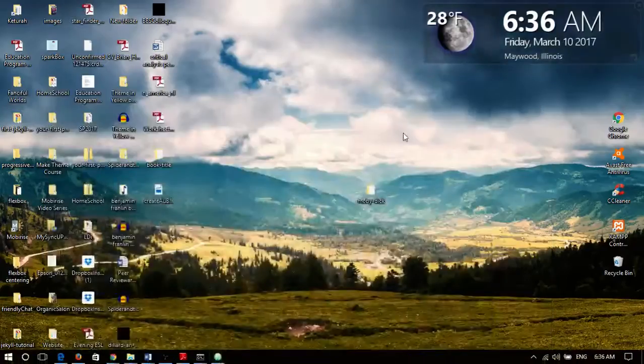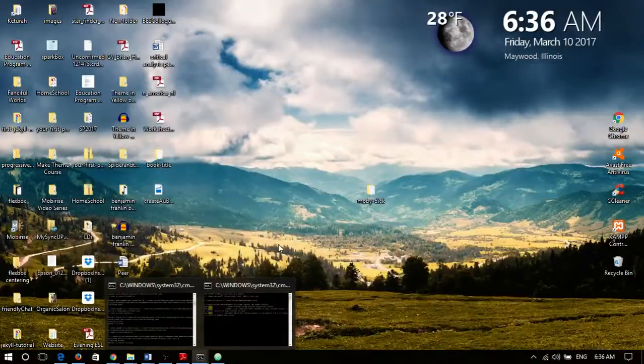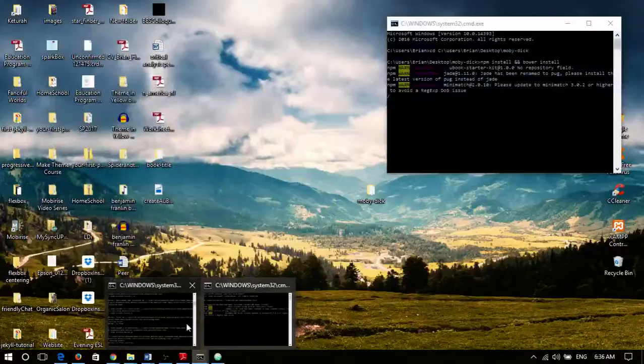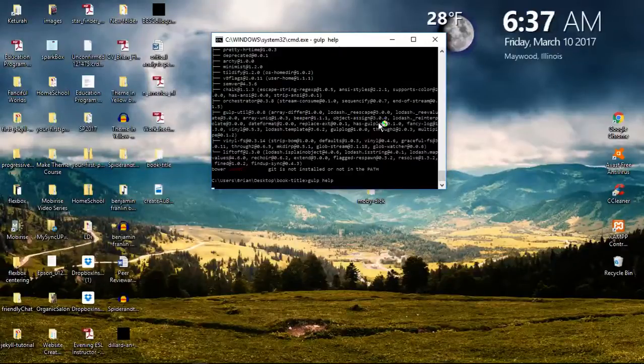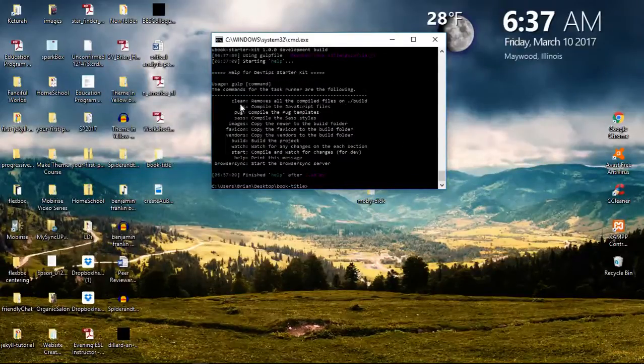I've forgotten to show you an important part. Once you've installed it, you have to run Gulp. Sorry about that. So you would say Gulp start. Actually, I'll show you help first. If you run Gulp help, it'll actually give you a list of available help commands. Okay, so there's a few Gulp commands that you can use, and you would say Gulp and